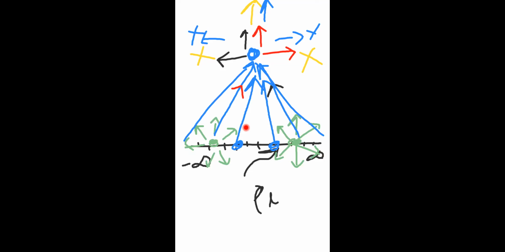Once you have a line charge, definitely your electric field will be perpendicular to the axis of the line. Please note down in your notes: electric field due to line charge will be in a perpendicular direction to the axis of the line containing the charges. This is the axis of the line. This is the direction of the electric field. Please note down clearly. Once you have line charge density, the electric field direction will be perpendicular to the axis of the line containing the charges.